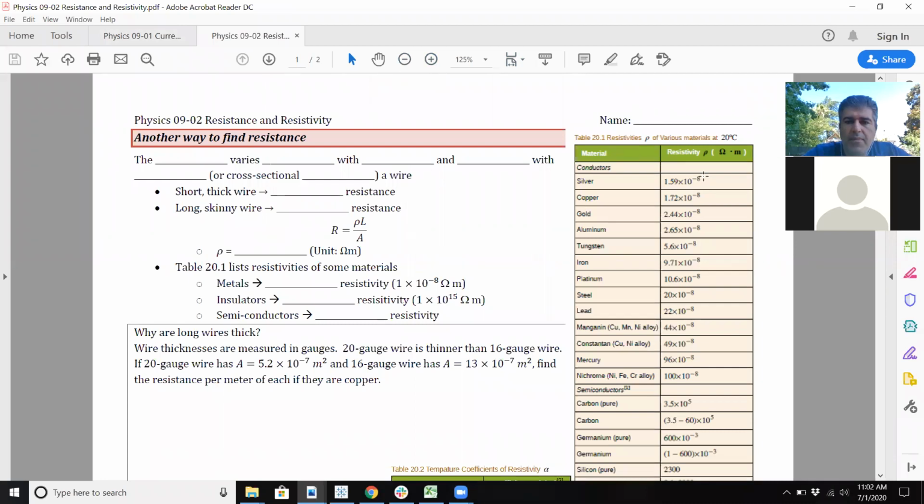So resistivity is kind of another property we need to discuss, and it's something that's very indicative of the material that you're working with. But let's go through some of these fill in the blanks here first, and then we'll talk more about resistivity. Okay, so the resistance